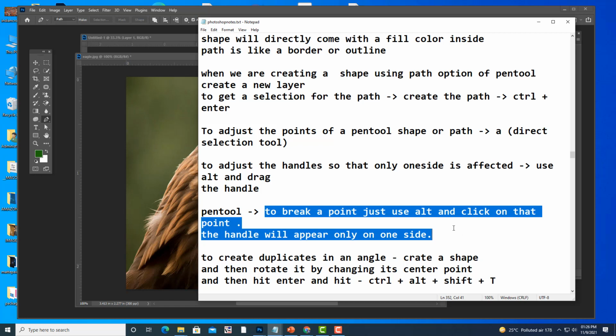The handle will appear only on one side. Okay. Now see.